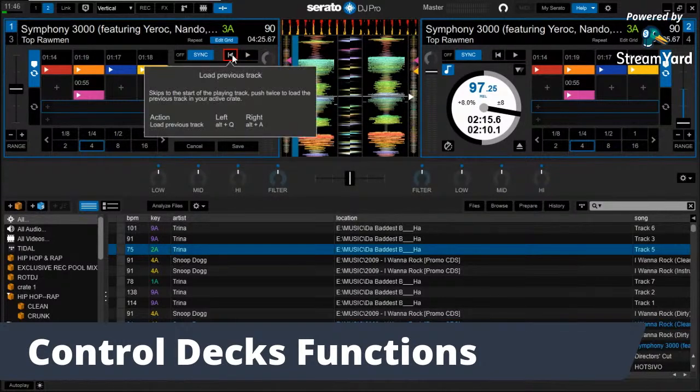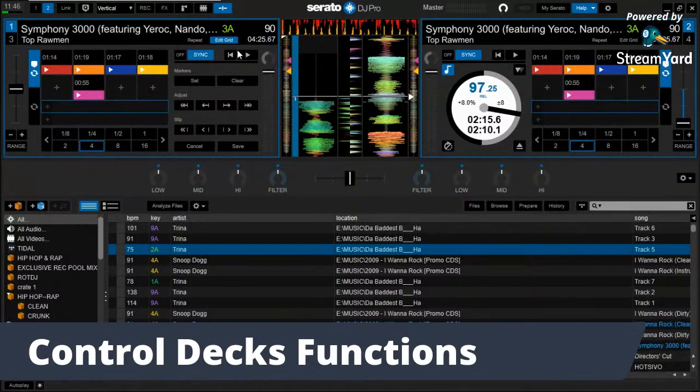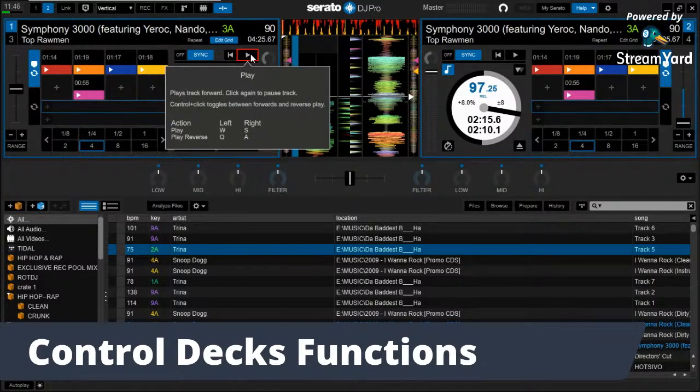This is to load a previous track, which Alt Q and Alt A changes that. And I'm getting hit by private messages. Okay, skip that. I'll go later. Alt Q and Alt A. So hitting those buttons will load a previous track. Then you got play, which again I said is W and S. WS, and then if you want to play in reverse, which is called